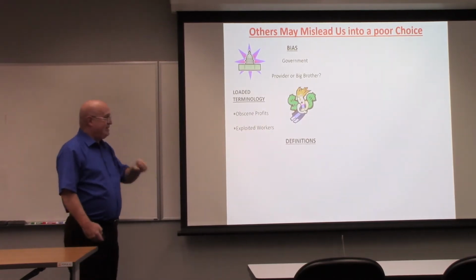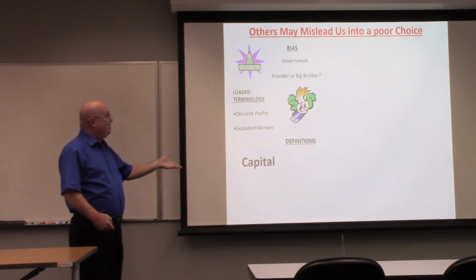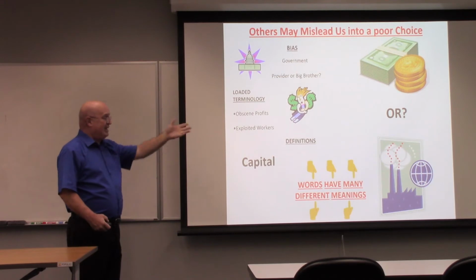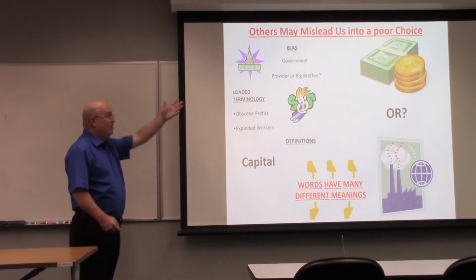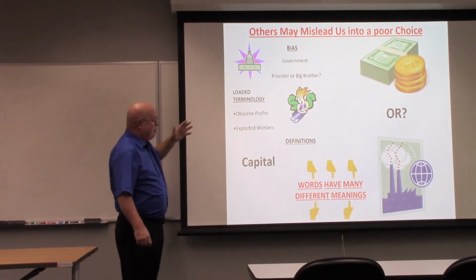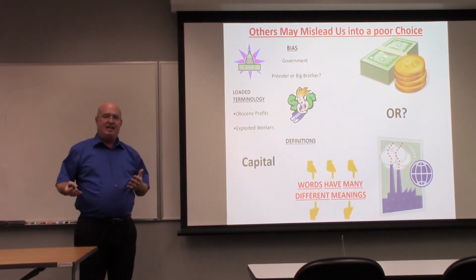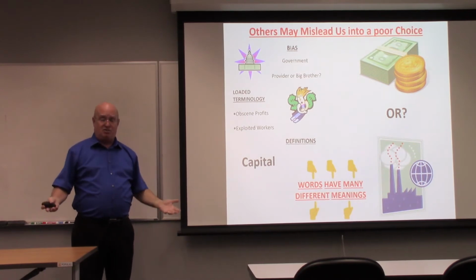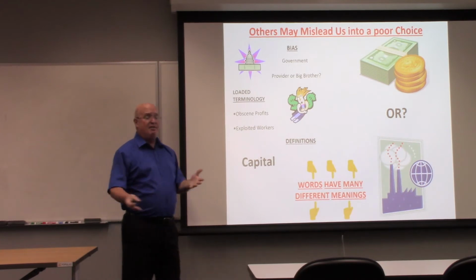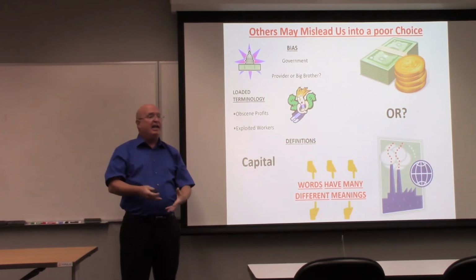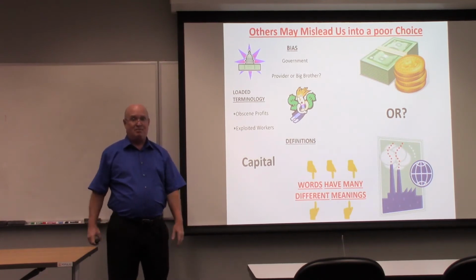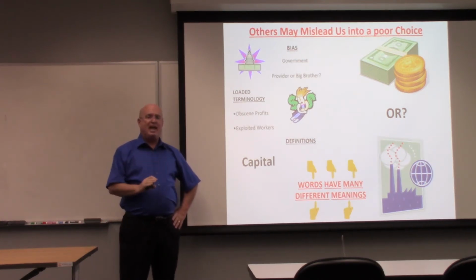Definitions. Right? Definitions. Capital. We first thought it was about money, but we went ahead and took a look at it as capital, and we're going to look at it as money again when we get to the monetary policy chapter. Different words have different meanings. The English language is over 300,000 words long. Right? More than 300,000 words in our language. And if you remember, you look at a dictionary, every word might have 6, 7, or 8 different meanings to it, depending on how it's used. The average person's vocabulary is 30,000.